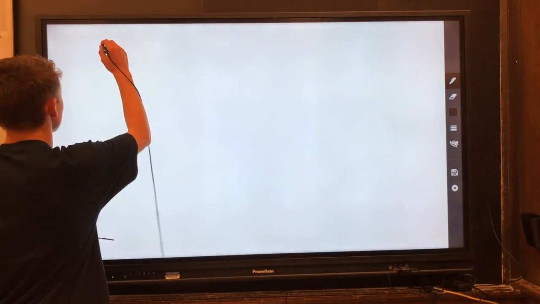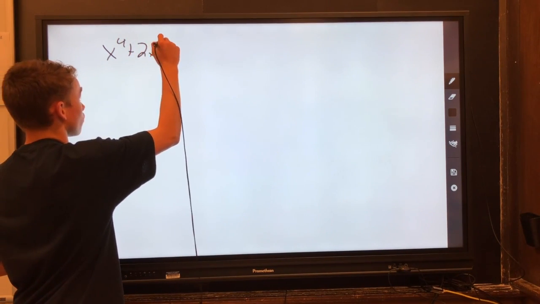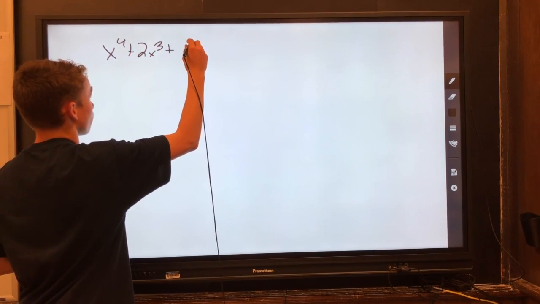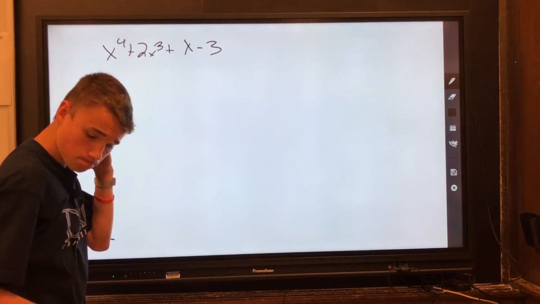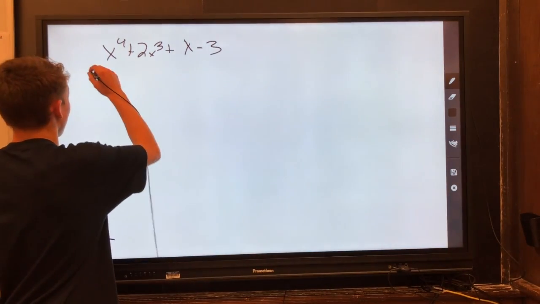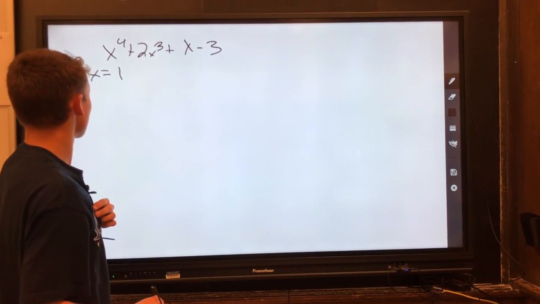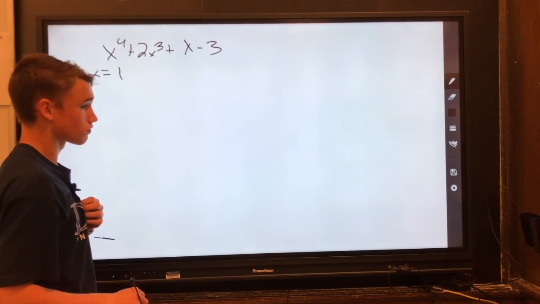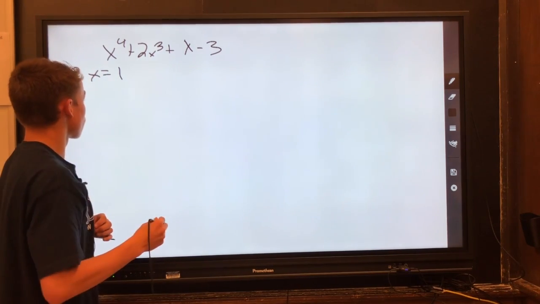So let's expand x to the fourth plus 2x to the third plus x minus 3. Let's expand it at the point x is equal to 1. Okay, so what we have to do here is start out by